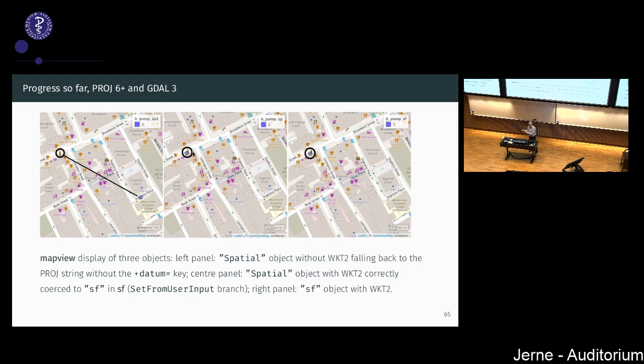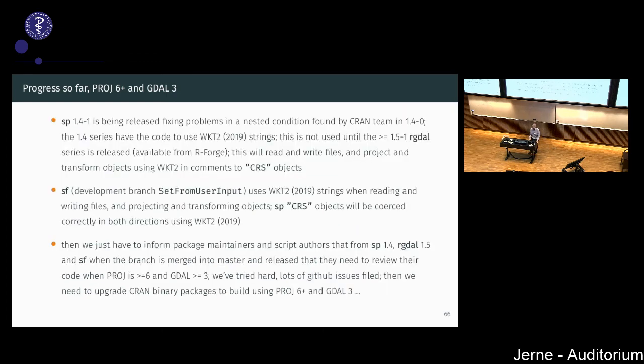But we've now sorted it. Now all we have to do is to persuade the 1300 something package people to look through their code and sort things out. Sorry, that's what life does at the moment. So we're fixing things, getting them done, without being able to interact.